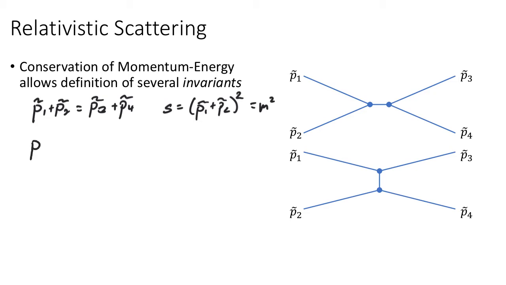And here I want to find what changes between P3 and P1, so the difference of those, and that must also be what's received on the other side, so P2 minus P4. Notice I've switched the sides of those, and I don't really want to keep track of which is which, so I'm going to define another variable t, which is a scalar as well, that is P3 minus P1